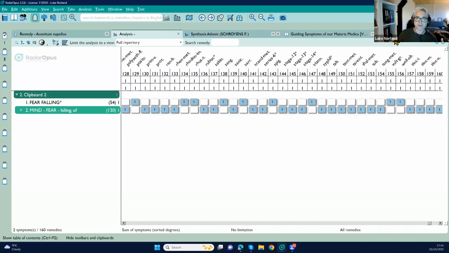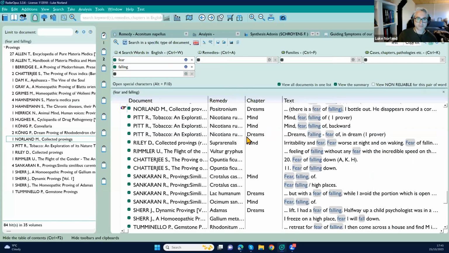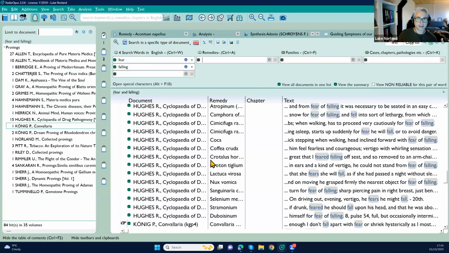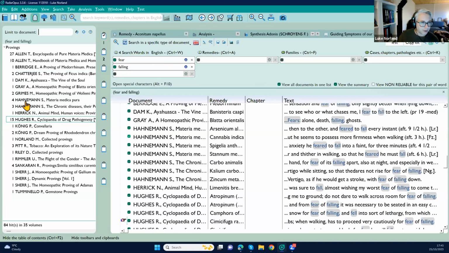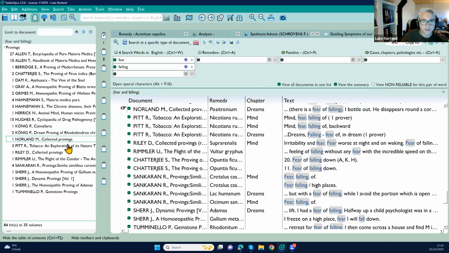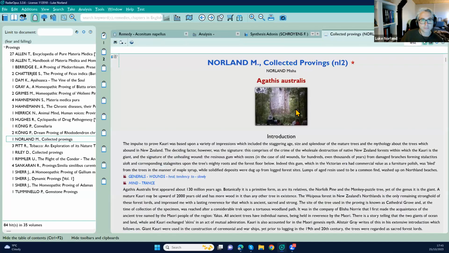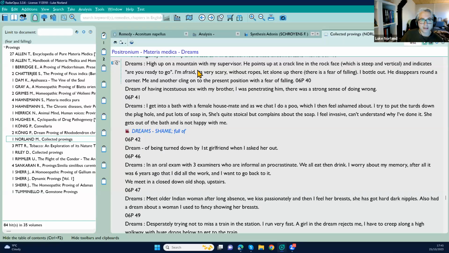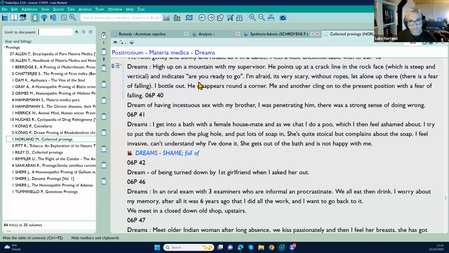So what we can do then is go back to the search and see where Positronium is now. It's a Misha proving. There he is. And it's from a dream. So that's why it's not in there. See? So you have to be a little bit careful. I mean, it might not matter for your case. You might say, it doesn't matter whether it's a dream or in reality, it's the fear of falling that I care about. But if you're going to work with the repertory, then